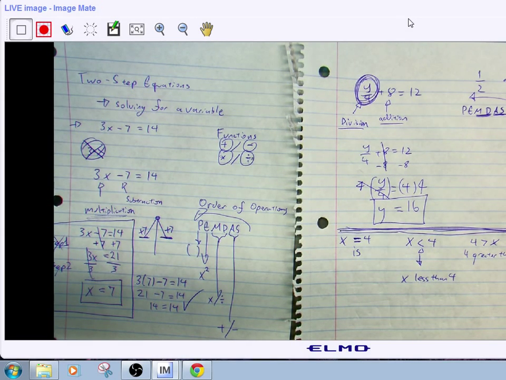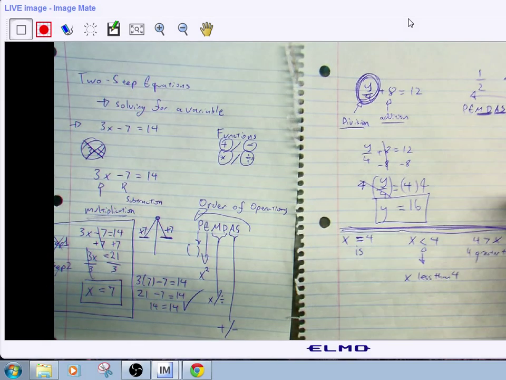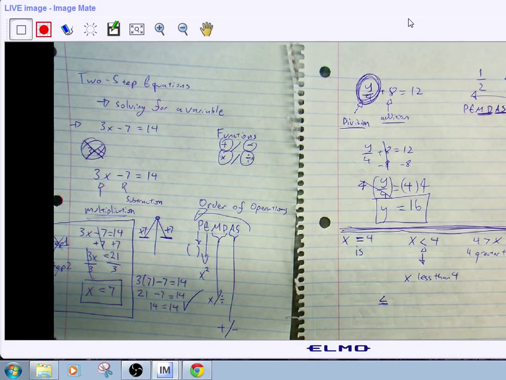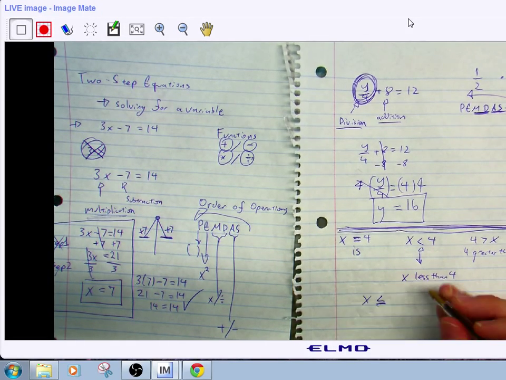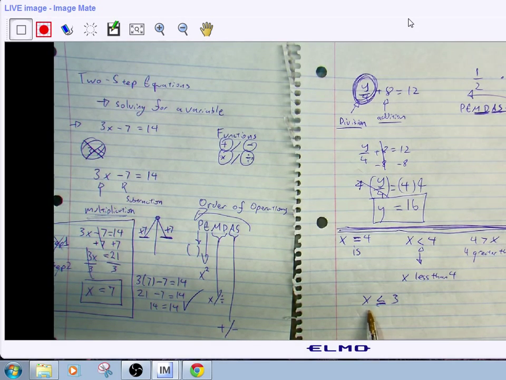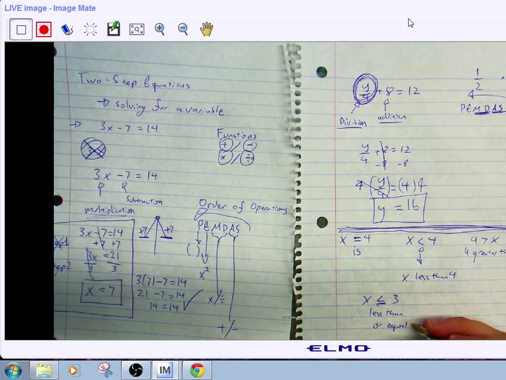Okay. How many of you guys learned it like an alligator? Like the alligator eats the bigger number. And I don't understand why the alligator, when we do the less than or equal to, I don't know what this stands for the alligator. Maybe he's a little bit more flexible. I don't get it. But if I were to say x is less than or equal to 3, okay? If I were to say x is less than or equal to 3, what I'm saying is x isn't